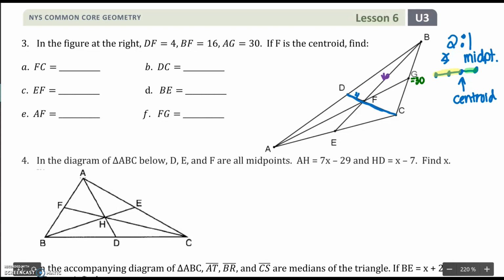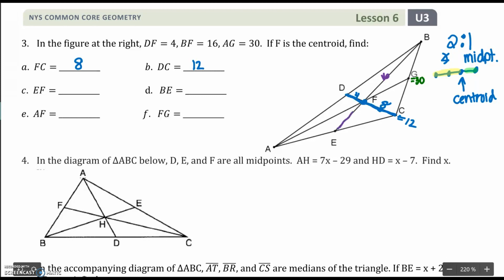This is one median. F is the centroid. Closer to the midpoint would be a length of 1, and closer to the angle would be 2 that match up. So that means that if DF is 4 long, then FC has to be twice that. It has to be 8. And that would mean that the entire length of DC, put it all together, would be 12. Doing something similar with